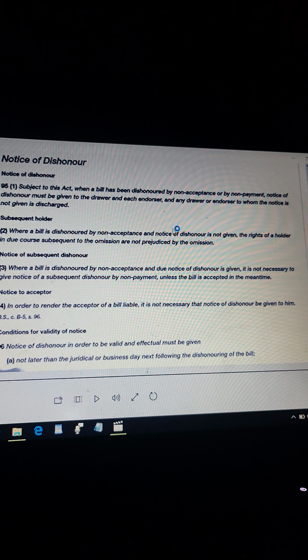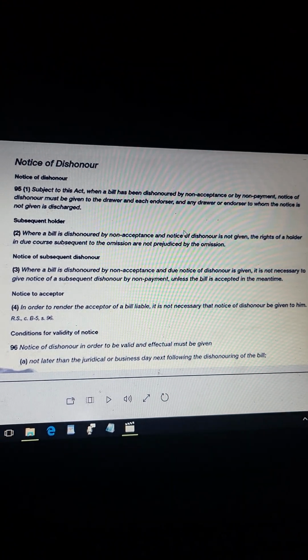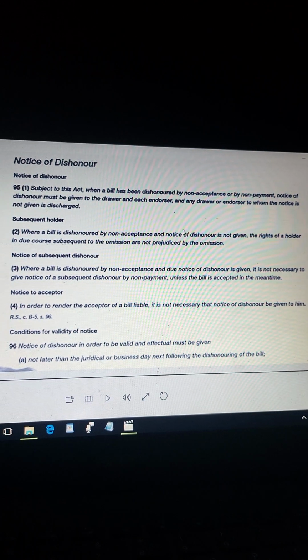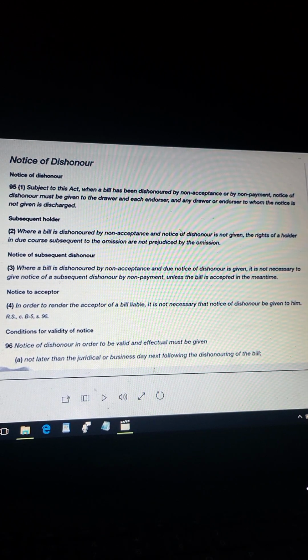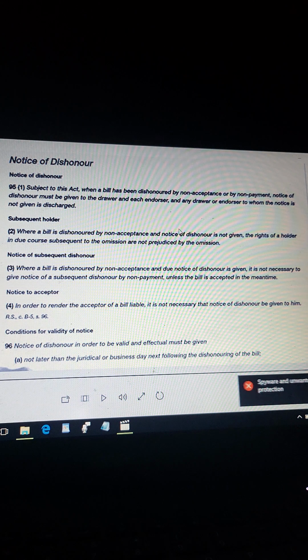We're back at notice of dishonor in the Bill of Exchange Act, and I'm reading from this page that's on YouTube. This guy is reading the Bill of Exchange, and I just use his background so I could read it off of his. Sometimes I gotta do that because I don't have the physical book or might not have the internet, so you gotta read it however you gotta read it.